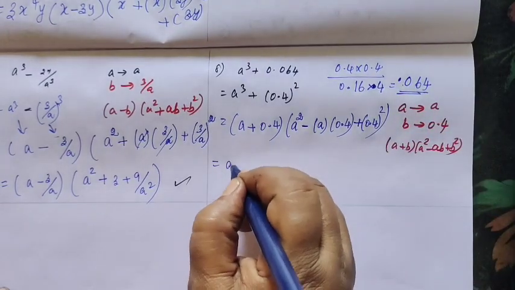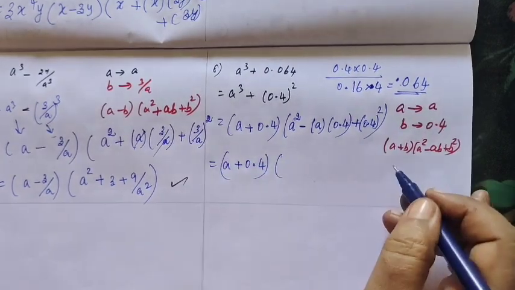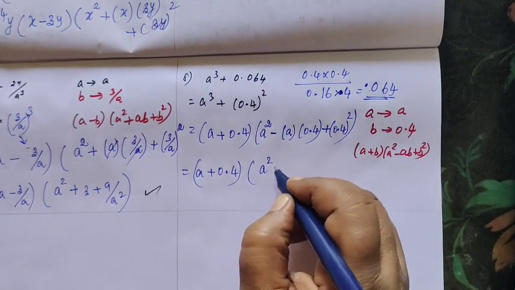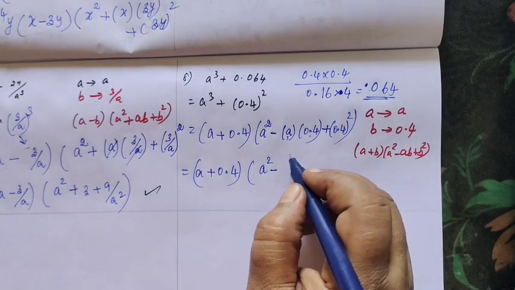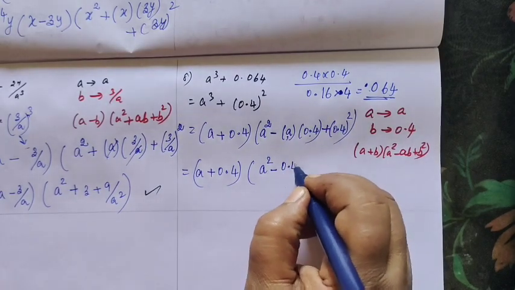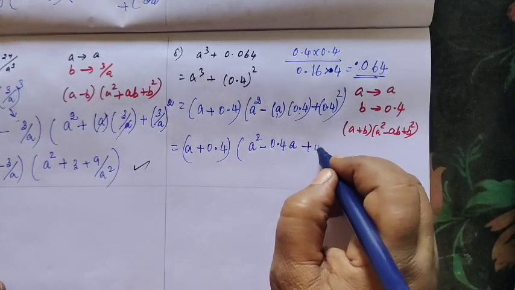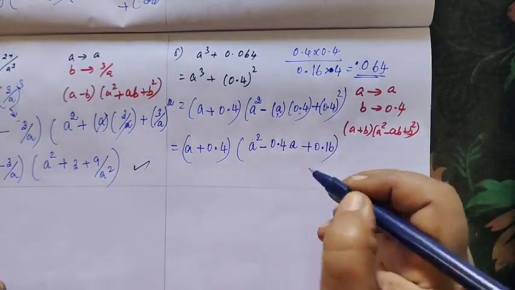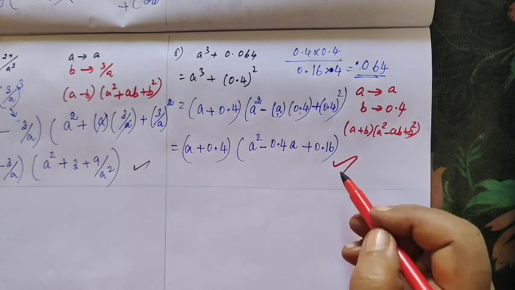So equal to a plus 0.4, then a square minus 0.4a, then plus b square, 0.16. This is the answer for